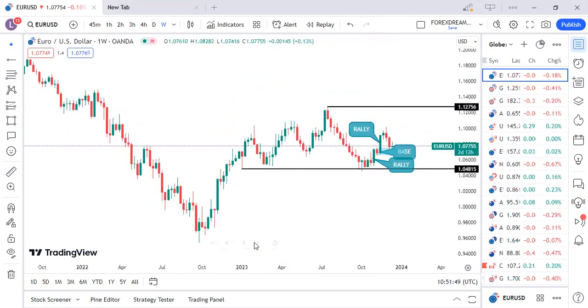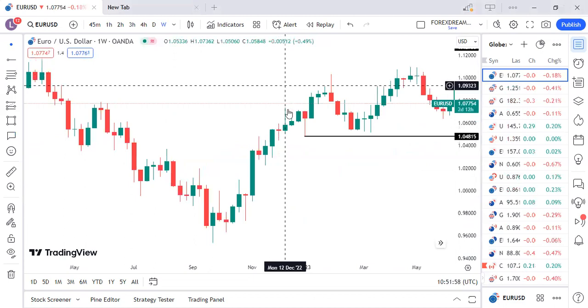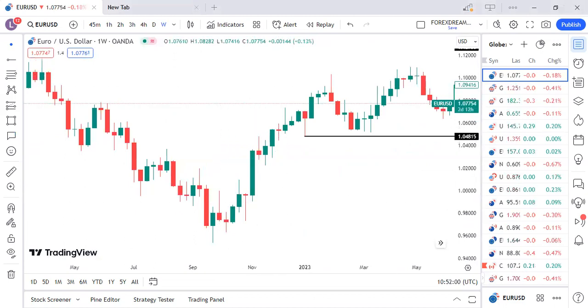Remember, make use of the left-hand side. Let me zoom in so that you can see. You start on the left-hand side so that you can have a better understanding. I want you to understand how important your left-hand side is. Here you have a rally, you have the base, you have the rally again. I'm on the weekly time frame. On this time frame, you're going to see 1 candlestick for the whole 5 days. Here again for the whole 5 days. So in a month, you're going to have 4 candlesticks. Here, you can see how many candlesticks we have. It's months.